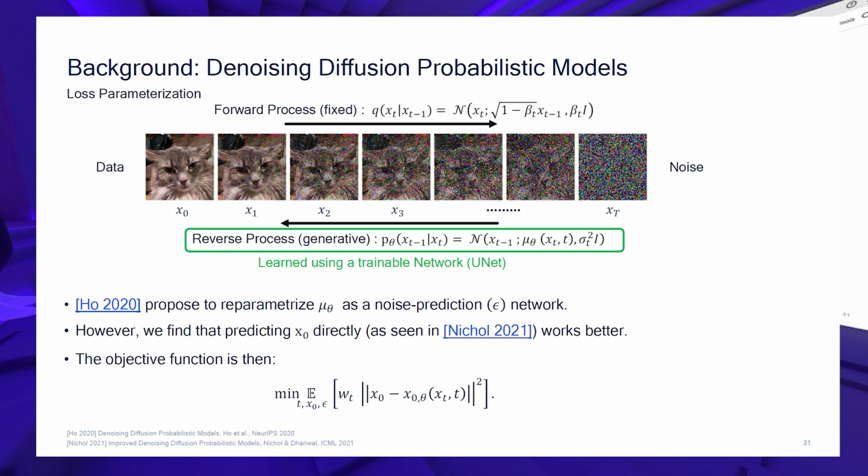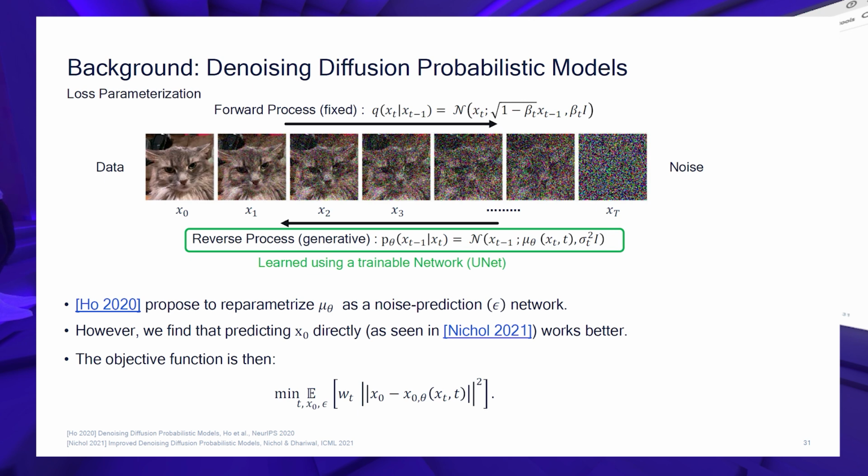So starting from time step, for example in the slide, x3 to x2, the model learns to predict how much noise has to be removed to denoise it. So usually the loss is based on something called epsilon, and these are noise prediction networks. This is a very common